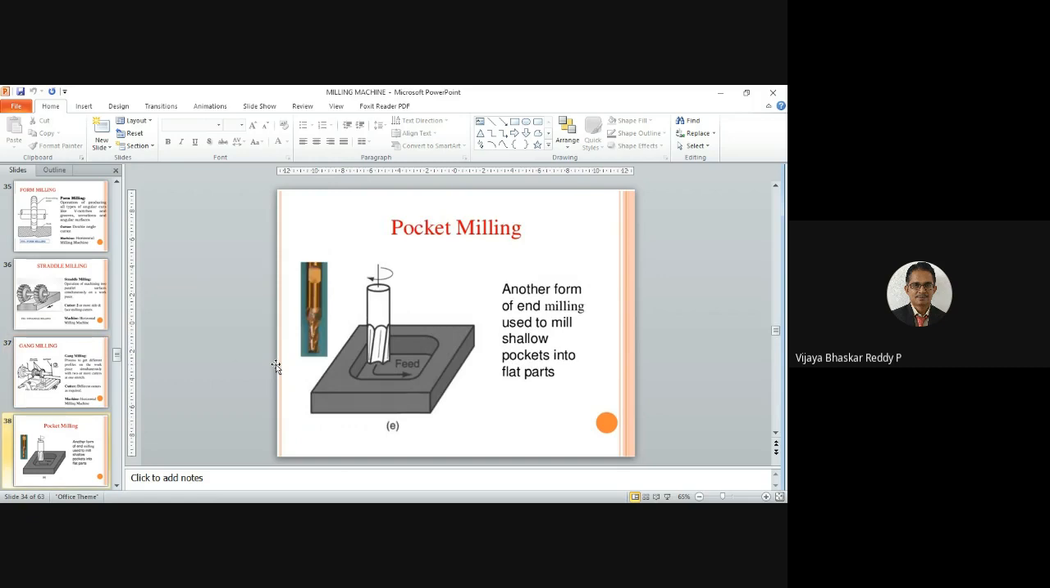So the next operation is pocket milling. Pocket milling is another form of end milling used to mill shallow pockets into flat parts, right? So these are special pockets when you want to obtain them. The tool is arranged like this, fixed in the spindle head of the